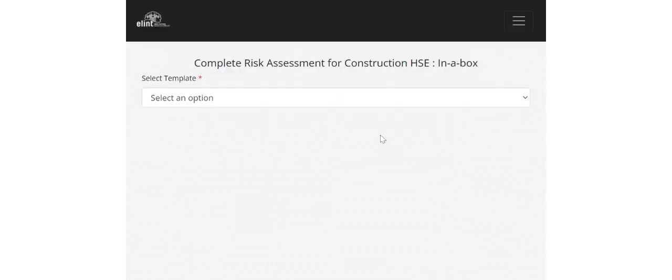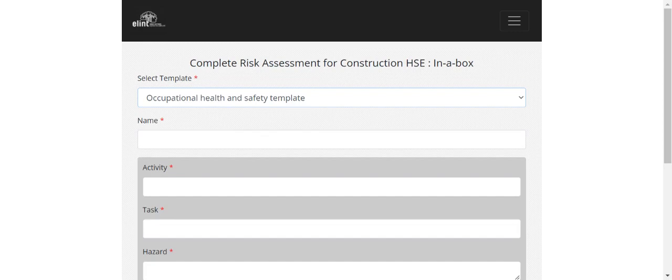So if we complete a risk assessment, you will see we've got a section that says select template. We have multiple templates in Elint that you can select from and then complete. So I'm just going to do the first one, the name of my risk assessment. Let's call it... Okay. Activity is use of ladders. My task is painting